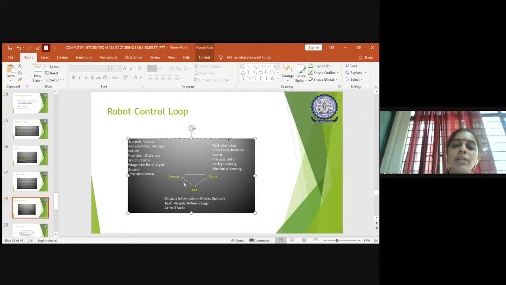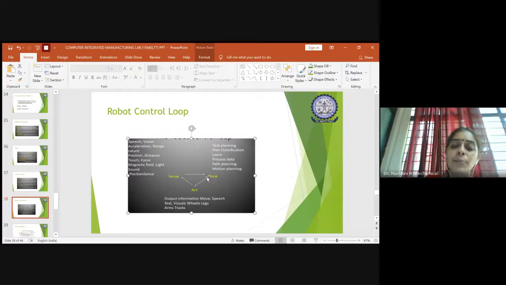Based on the sensing, the signal is sent to the controller. The controller decides what instructions should be given to the actuator, and based on that, the actuators act. As human beings sense, the sensor will sense.